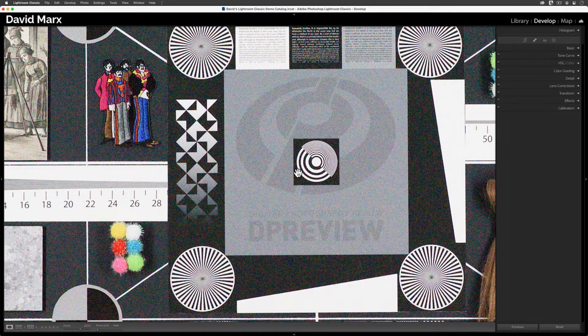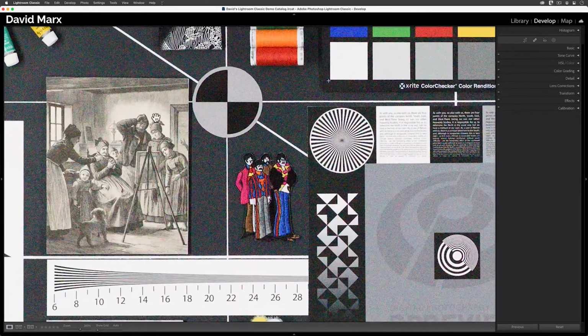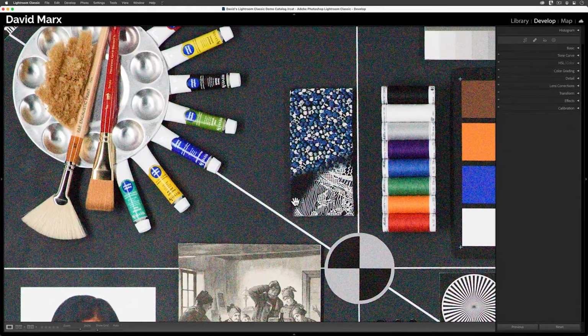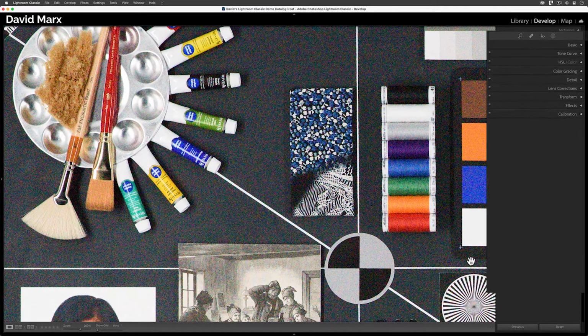The grainy speckled texture, the stuff that looks like sand all over the top of this image, that's what we call luminance noise. And the false colored spots, these red and green dots, are called colored noise. Of the two problems, removing the colored noise is the easier one in Lightroom Classic. To make the colored noise disappear, I'm going to open up the Details panel.